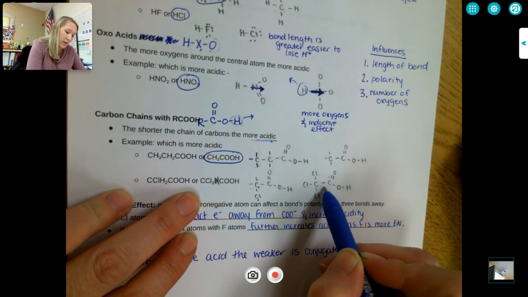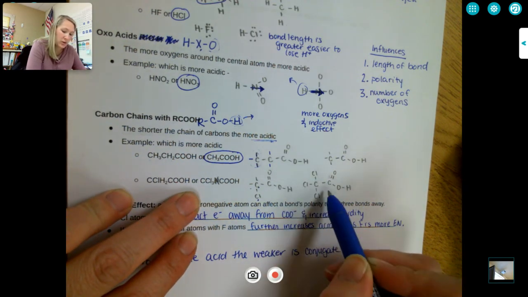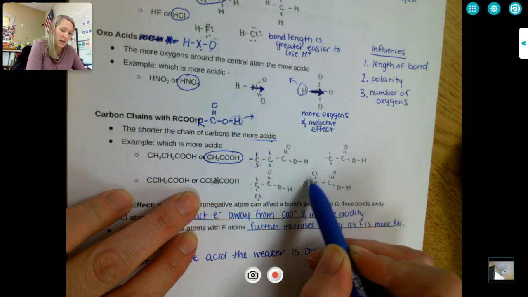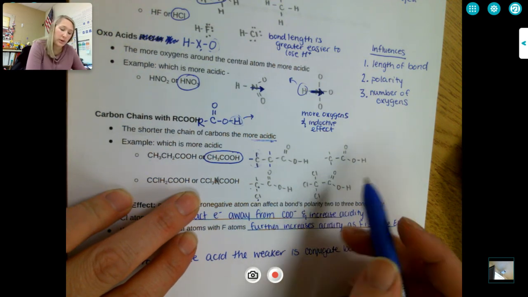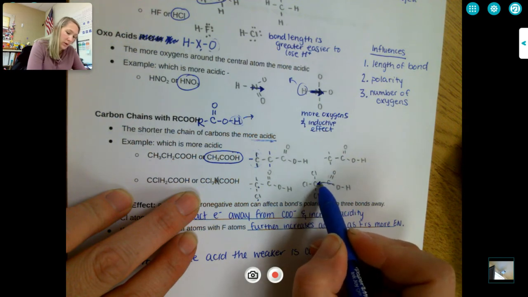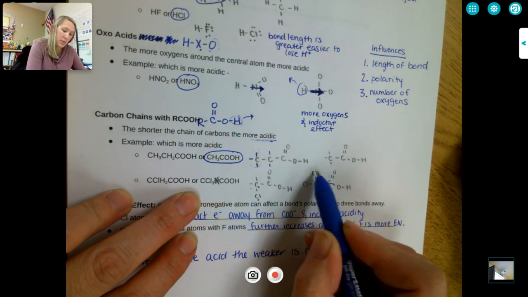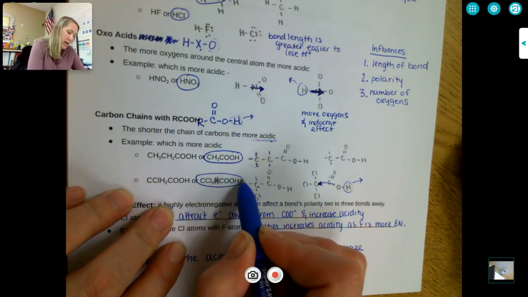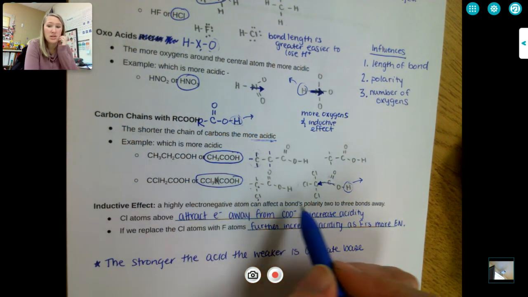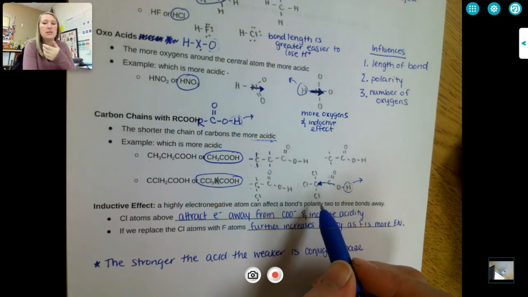Well, here, because they're still electronegative, not only is it a short carbon chain, but there is high electronegativity in these chlorines, therefore more polarity. So that's going to pull my electrons or attract them over here, which means my hydrogen is much easier to pop off. So again, even though they're not just carbons and hydrogens, now I'm adding in electronegative elements,